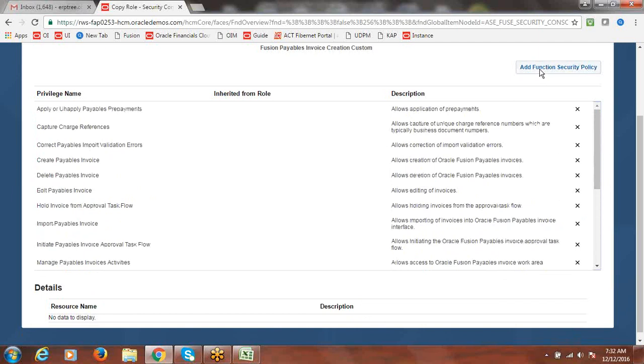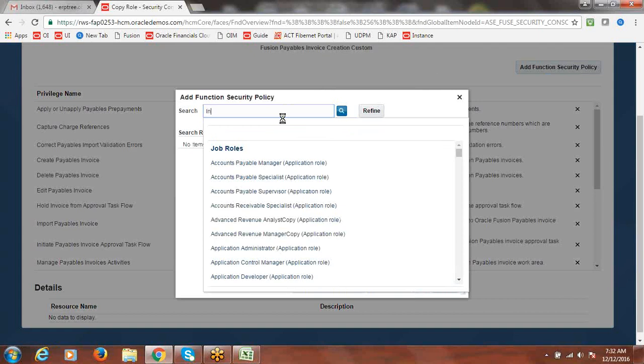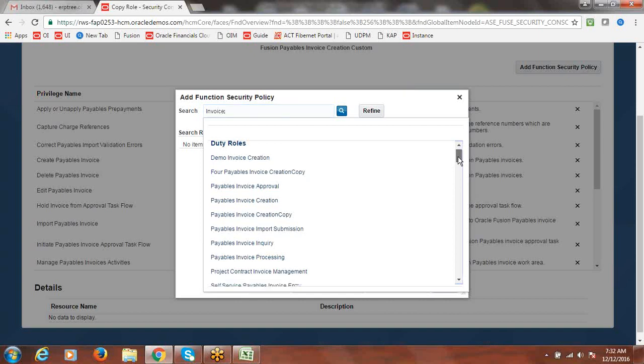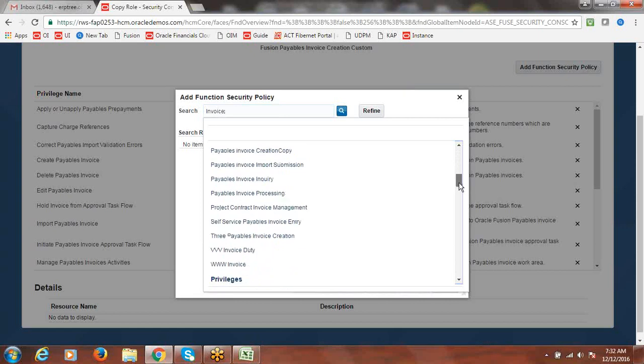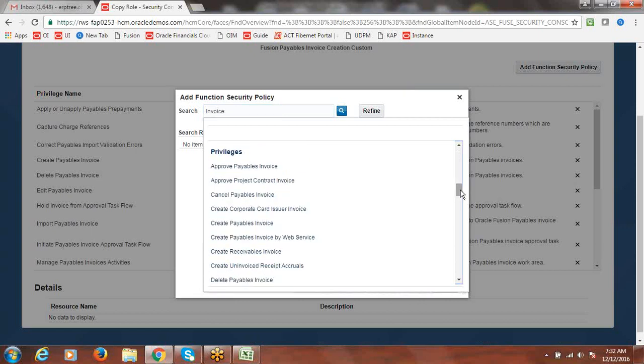Say add function security policies. Just click on this. If you want to add something, you can add here. So these are the different functions available. You can add these privileges into this. These are actual privileges, say approve payable invoices, or reject and cancel payable invoices.